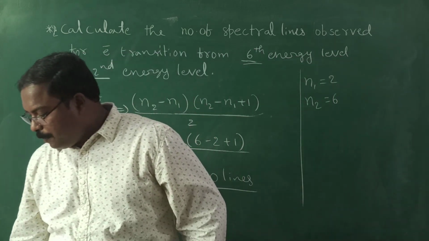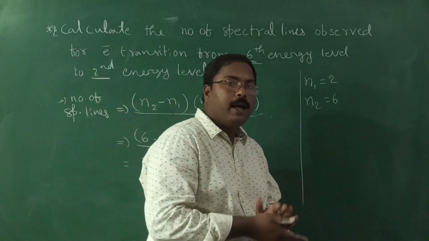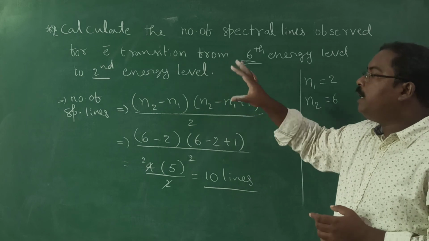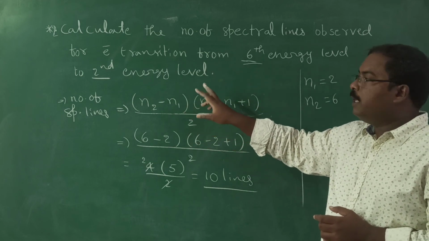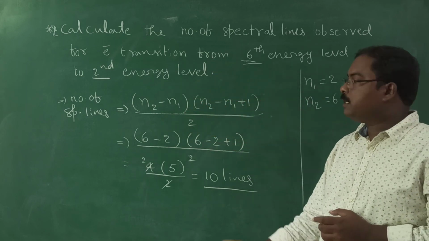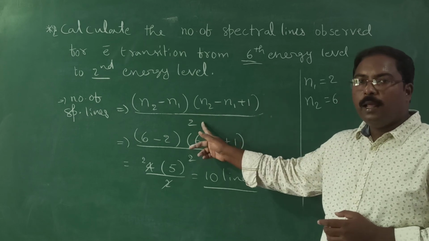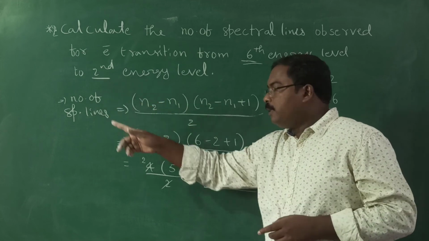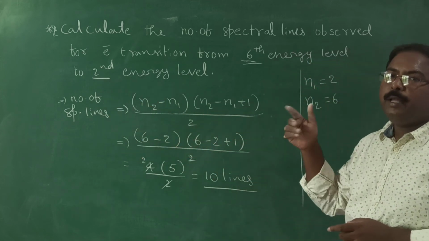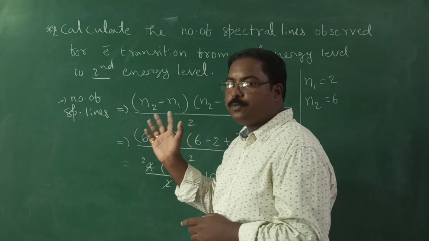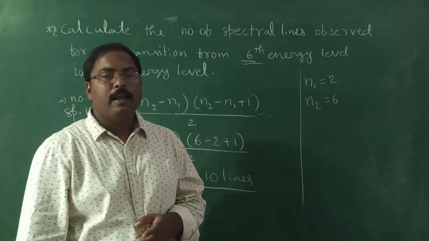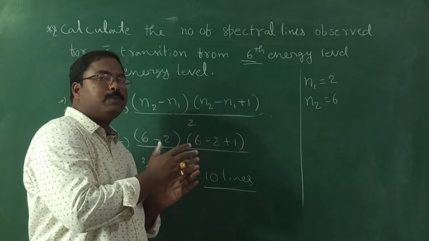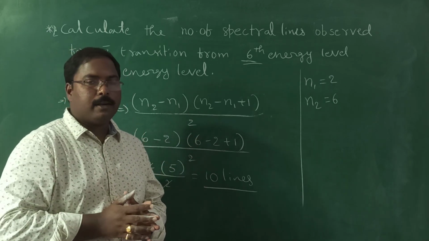So regarding the Rydberg formula, we solved some numericals and also some theory-related content on this topic. Okay? For the calculation of the number of spectral lines, we have this formula. If they give the lowest energy level as the first orbit, then we should go to the n into n minus 1 by 2 form. Got it? In today's class, we discussed the hydrogen spectrum numerical part.